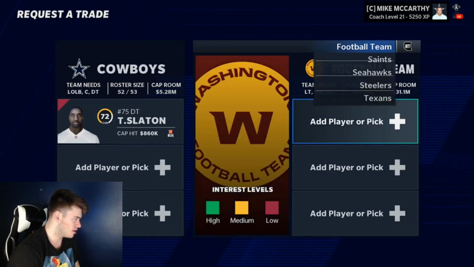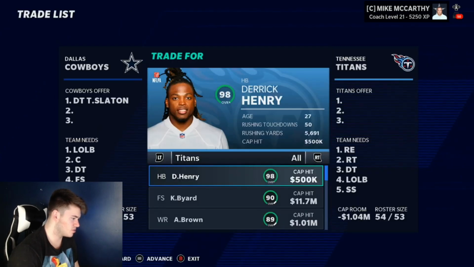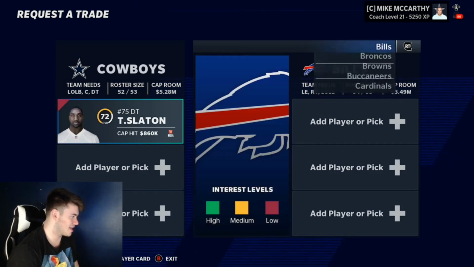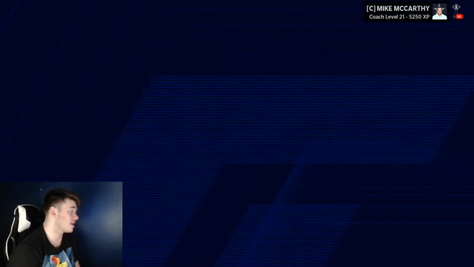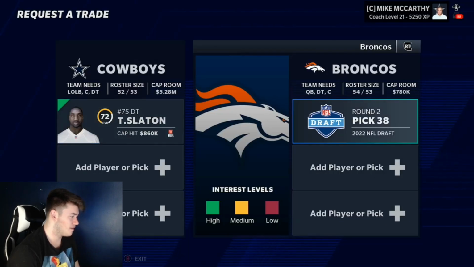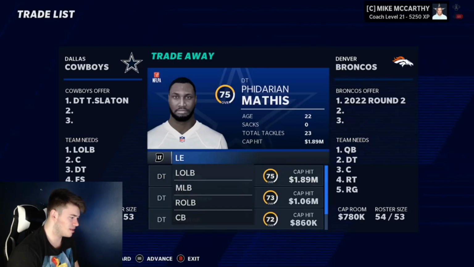So he's 21. Is there any other team besides the Packers? So we have the Titans who want him as well. They're going to be below cap room as well. Jeez, man. These teams got to get it together. The Broncos, okay, so you'll be on the cap, so that's not bad. Let's see if we can get a second-round pick for him. That'd be awesome, but let's see if we can maybe...